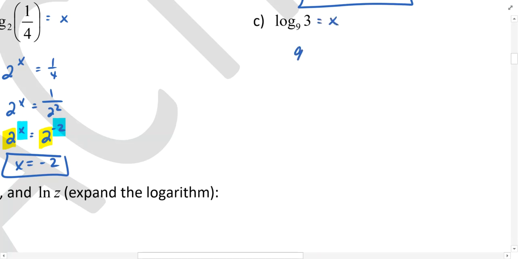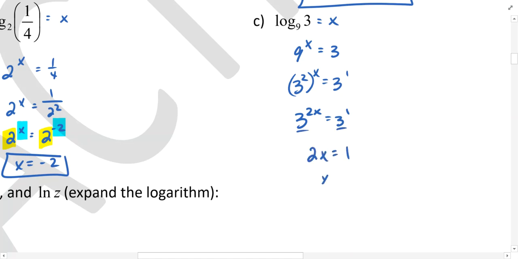For part C, 9 to some power equals 3. Well, in this case, it's the 9 that has to be reduced, and I'll call this 3 squared to the x power equals 3 to the first power. We'll call this 3 to the 2 times x, because the power to a power rule does require us to multiply those exponents together. Now that the bases match, we know that the exponents match, and 2x is equal to 1,